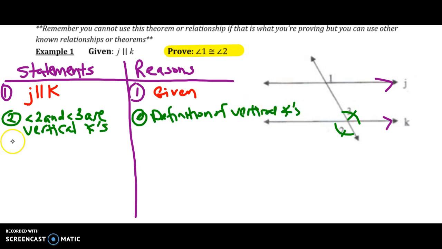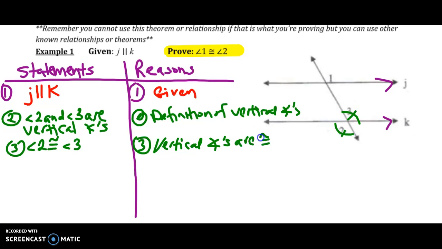Well, now that I know that it's vertical, I know that angle 2 is congruent to angle 3. Vertical angles are congruent to one another. And notice I said congruent to one another, not equal in measure, because I used congruent in my statement. And again, what they want me to prove uses the congruency symbol. Right? Remember, that is a group of statements we did